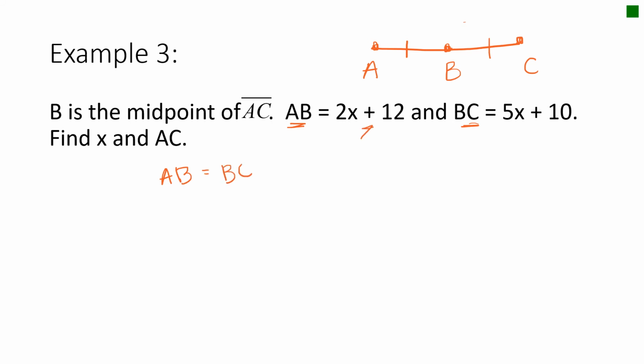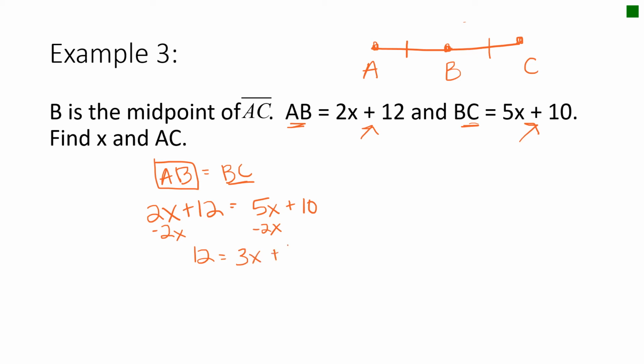Now we know what AB is and we know what BC is. So instead of writing AB and BC, why don't we just write the equations that stand for them? 2x plus 12, which is AB, that's this one right here, equals BC, which is 5x plus 10. Again, once we just get this set up and we understand the postulates, it just becomes that algebraic problem. So I'm going to subtract the 2x, subtract the 2x, 12 equals 3x plus 10, subtract the 10, subtract the